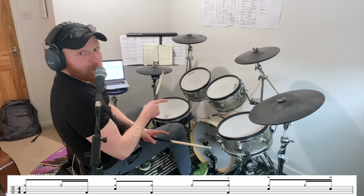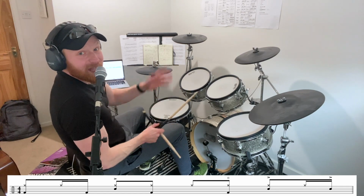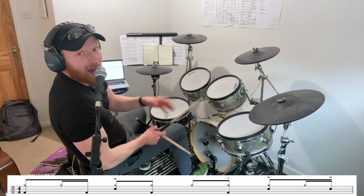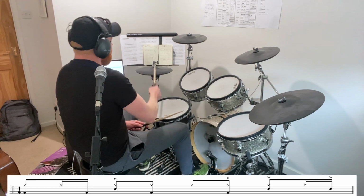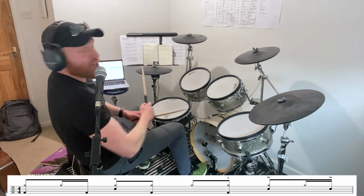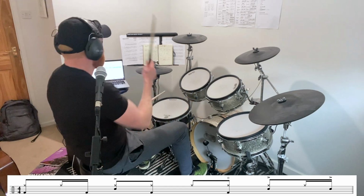So super quick breakdown, kick drum or bass drum on beat 1. Next one is in the gap in between the and of beat 1 and beat 2. So in other words, beat 1, 1 and 1 and beat 2, 2 and, making the first half of the bar,